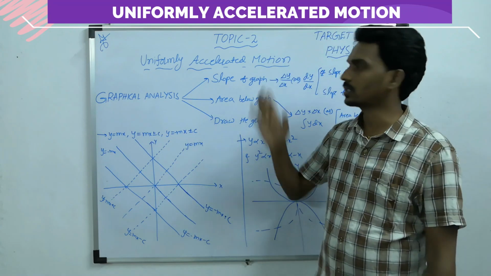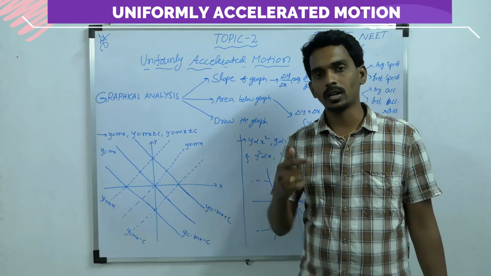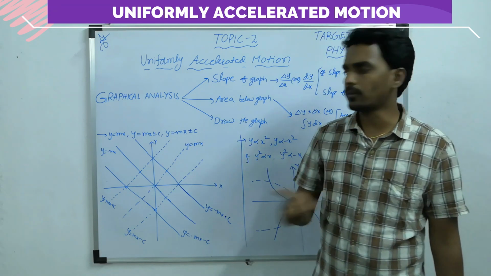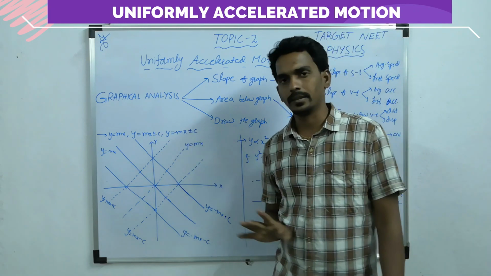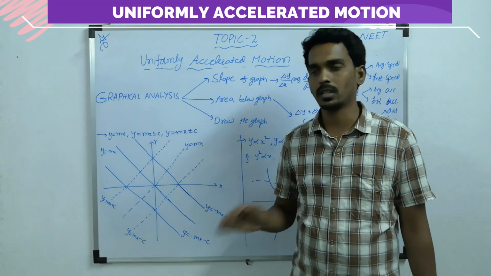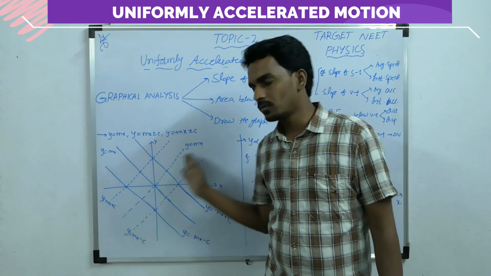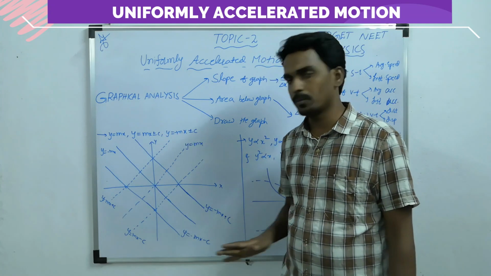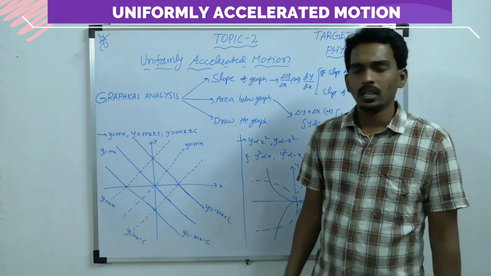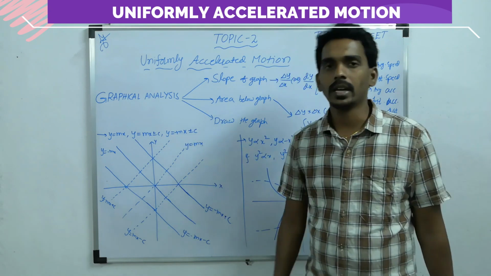For example, in this topic only, v equals u plus at. If you want to draw the v-t graph, what is the power of v? 1. What is the power of t? 1. So v equals u plus at. Now you have to compare v like y, and take t as x, then compare with one of the general equations, then you can draw the graph. Here positive slope means the graph lies from the first to the third quadrant, and negative slope means it lies from the second to the fourth quadrant. The slope is nothing but tan of the angle made with the positive x direction.